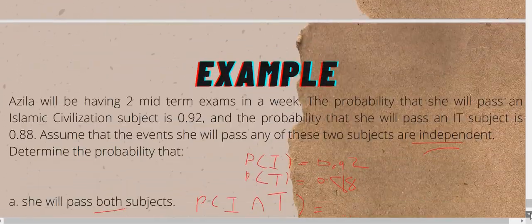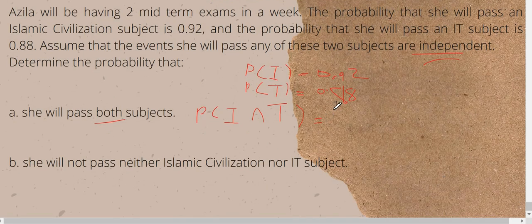So you just multiply P(I), the probability of I, times the probability of T. Not plus, times. So therefore, 0.92 times 0.88, and you will get the answer